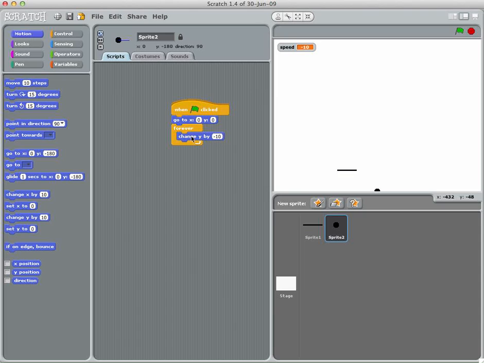Now, of course, there is this if on edge bounce block, but we don't want to do that. It's not actually going to do any good, because here we're using change Y by. If we would just use if on edge bounce, you would see it would just go boom, boom, boom, because it's always moving downwards, because it's changing Y by a negative number. So we're going to create